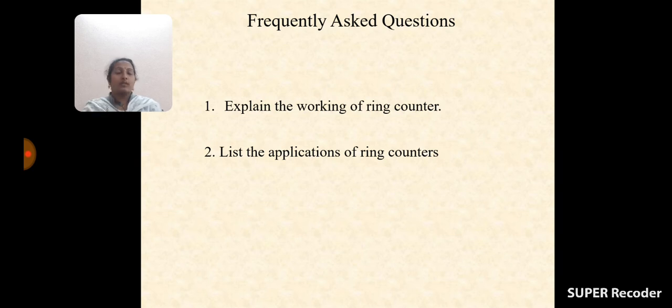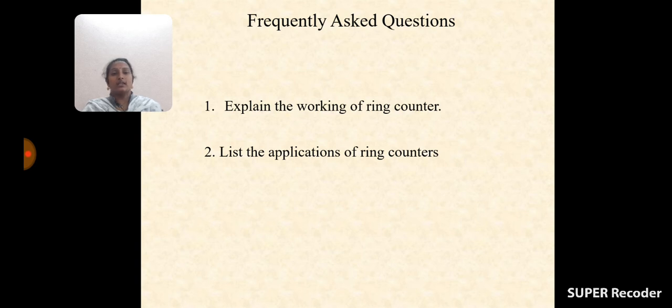But all other flip-flops are constructed with only JK. And in a ring counter, one more advantage is there while observing the truth table. The ring counter will produce the same sequence after some clock pulses. For example, if it is a 3-bit ring counter, after every 3 clock pulses,